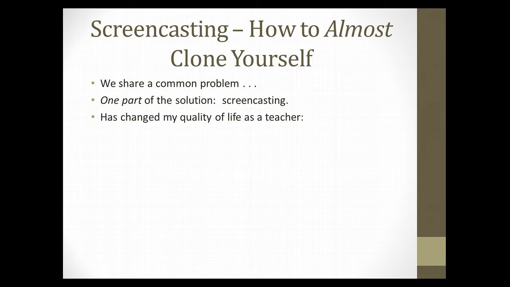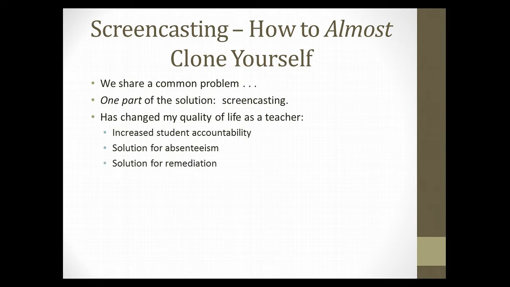And just as a way of personal testimony, I shared that it has truly changed my quality of life as a teacher in several ways. It has increased student accountability. It is a fantastic solution that I found for absenteeism, which we will address later in this presentation. It is a fantastic solution for remediation when students come to a class not having basic skills that they need that frankly aren't supposed to be retaught